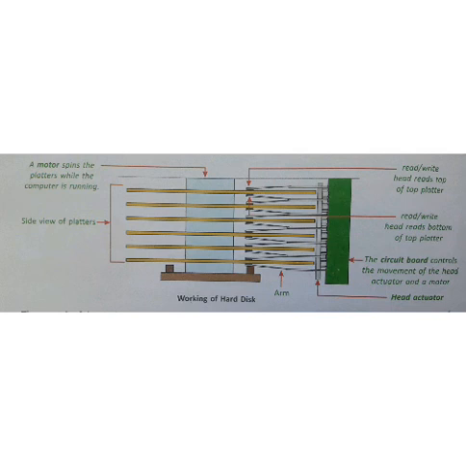While your computer is running, while your computer is working, the platters in the hard disk rotate at a high rate of speed, usually 5400 to 15,000 revolutions per minute. RPM, that is revolutions per minute, means in a single minute it can take 5400 to 15,000 revolutions. That is the speed of the rotation.